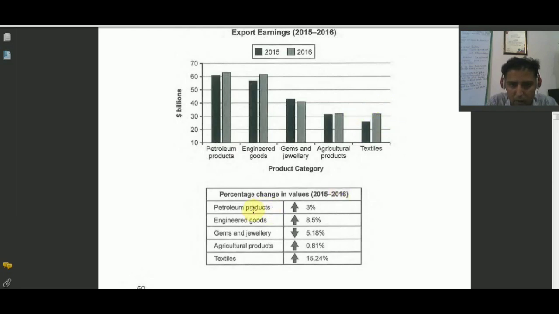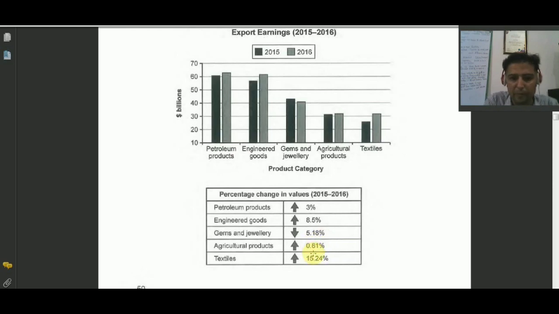Similarly for petroleum products it is 3%, and for engineering goods it is 8.5%. For jewelry and gems the arrow is inverted, so 5.18 means there was a loss of 5.18%. And for agriculture, there is a marginal rise of